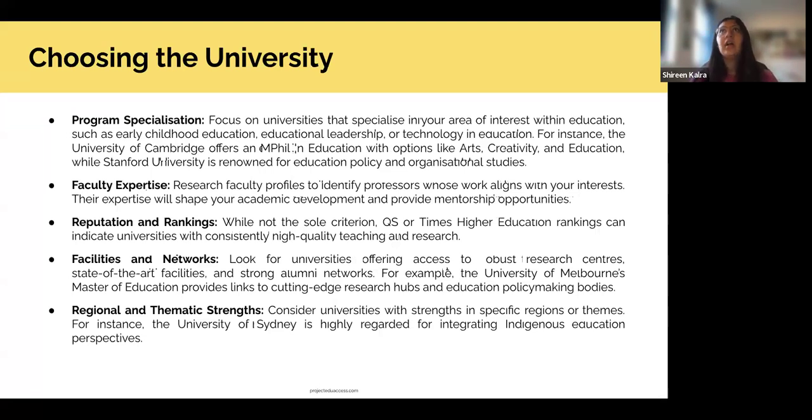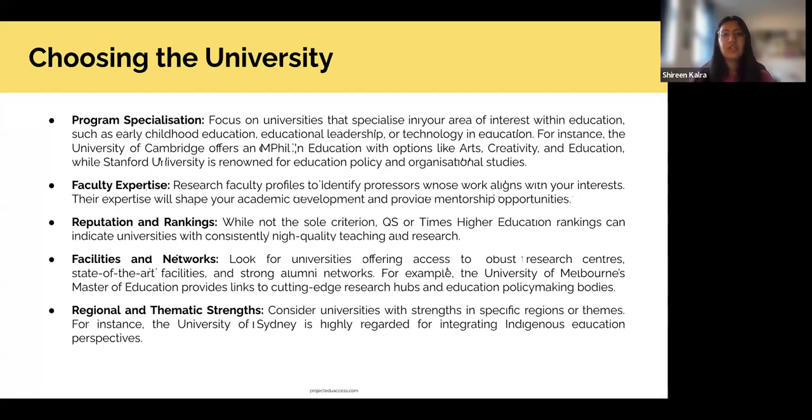Because chances are whatever the faculty is researching, or whatever the main themes that the university or the department works in, is what would be heavy material in the course that you're doing. So just having an idea of what expertise you find. For me specifically, I'm very interested in structures and systems within higher education, particularly admissions. And Oxford has a lot of good faculty who are working on the same.